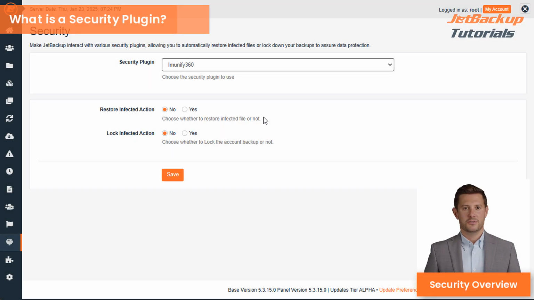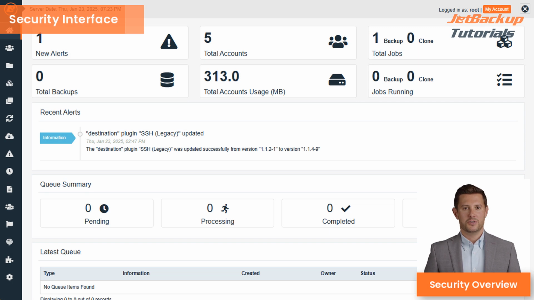Through the security feature, JetBackup can interact with various security plugins through specific hook points, allowing your security plugin to trigger JetBackup and automatically execute a file restore and lock the latest clean incremental account backup from the infected account to ensure data protection. For a quick tour of the security GUI, we'll start by navigating to the security plugin